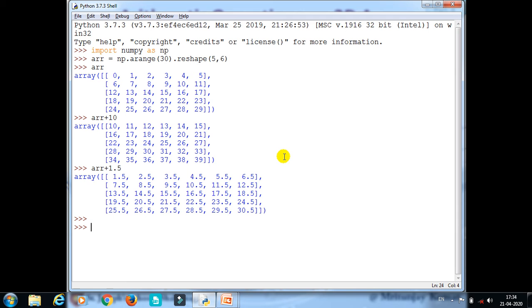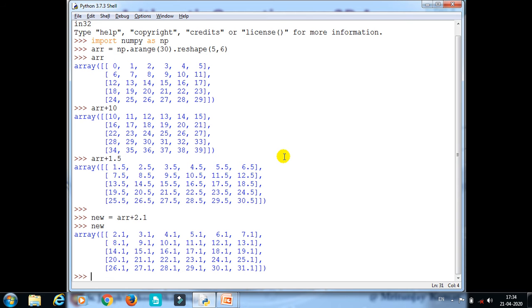For example, new is equal to, I'm creating a new array from the previous one only, arr plus 2.1. Now I will display this new array, let's see. So my new array has been created.